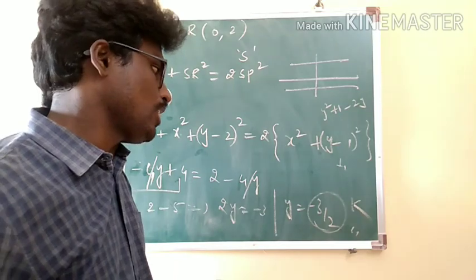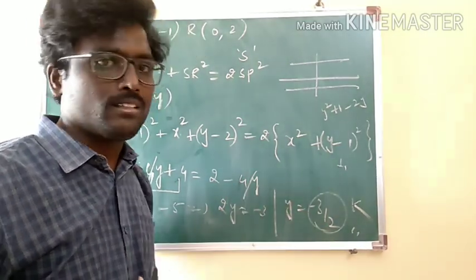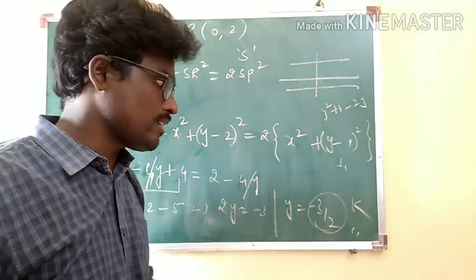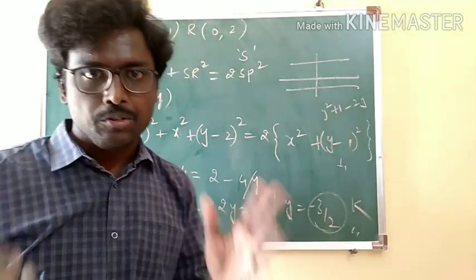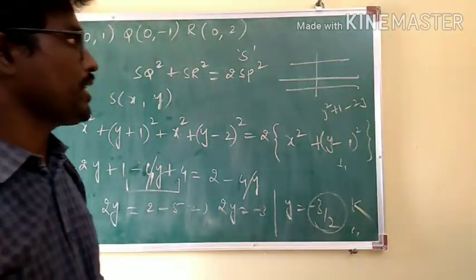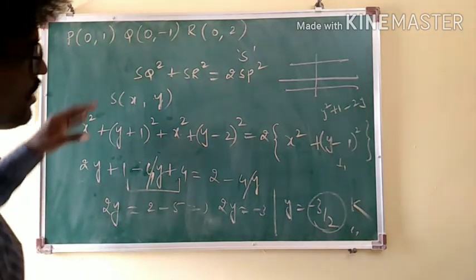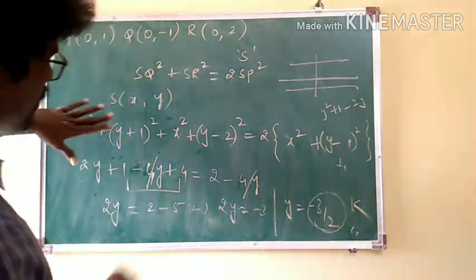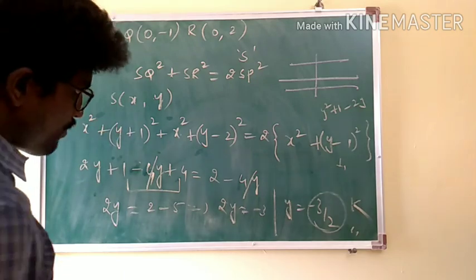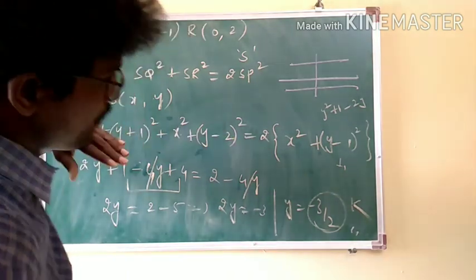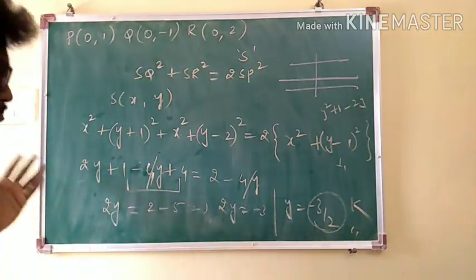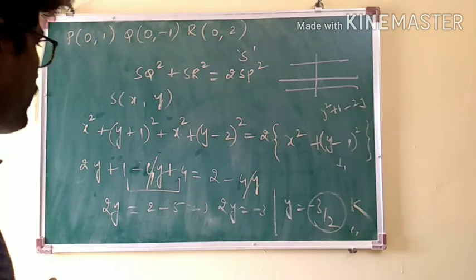See, here the options are not given directly, so in such kinds of problems you should be very careful. I repeat, here we have strictly applied the distance formula for the given geometrical condition and simplified. In the simplification part I was eliminating some terms directly, because otherwise the number of steps will be more.